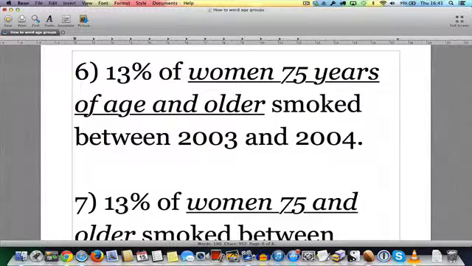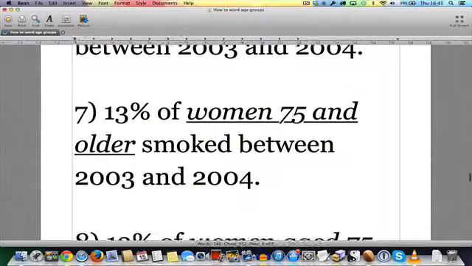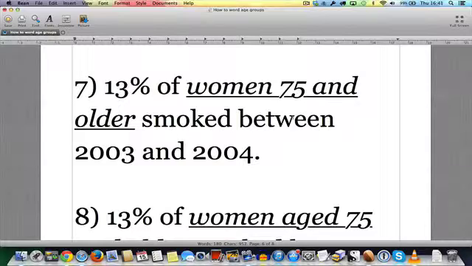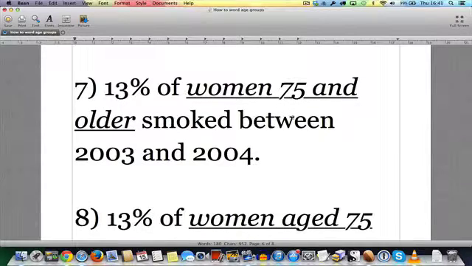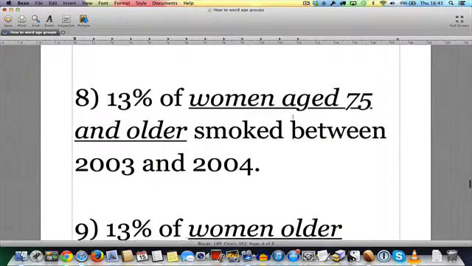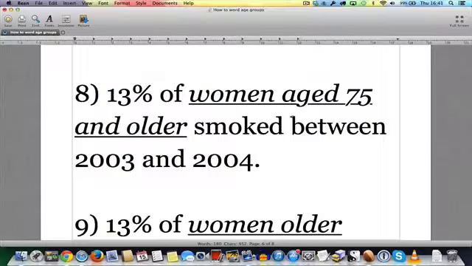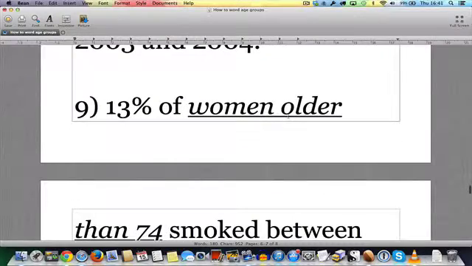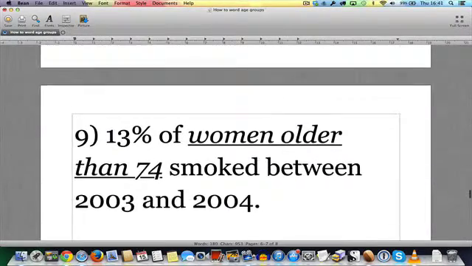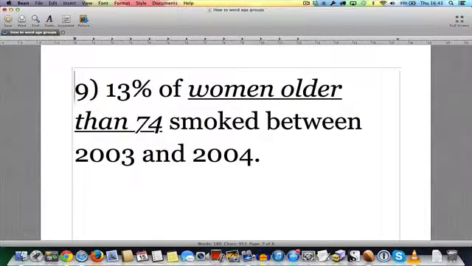and 2004. And again, I'm using the between here, as you see, coupling it with and. 13% of women 75 and older, which would also be grammatically correct, smoked between 2003 and 2004. 13% of women aged 75 and older smoked between 2003 and 2004. And 13% of women older than 74 smoked between 2003 and 2004. Okay,